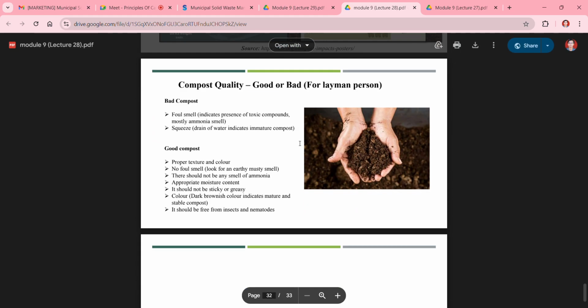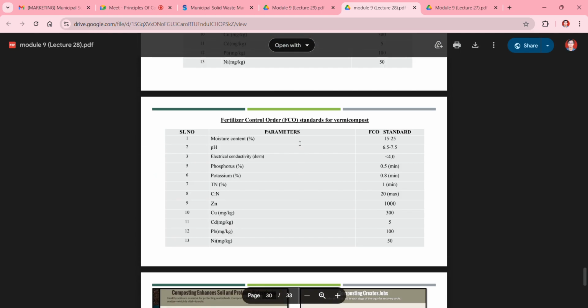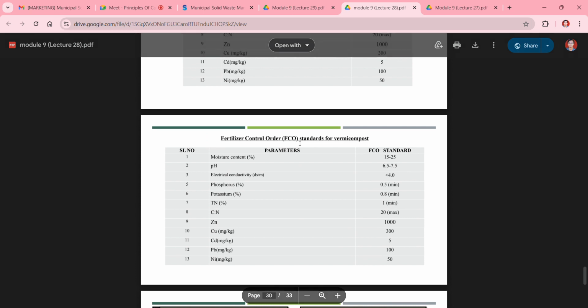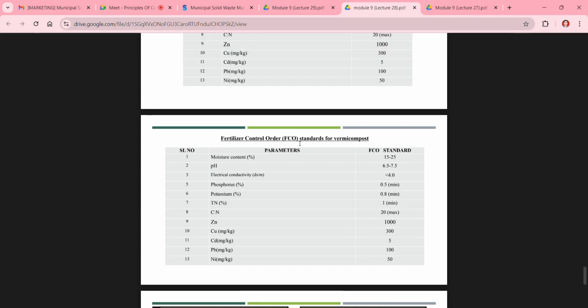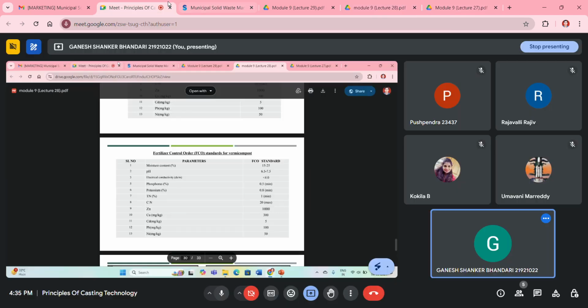Then these are according to the fertilizer control order. We can check the